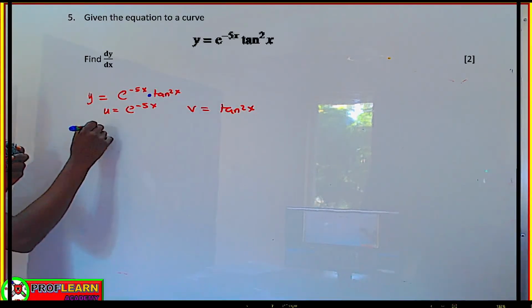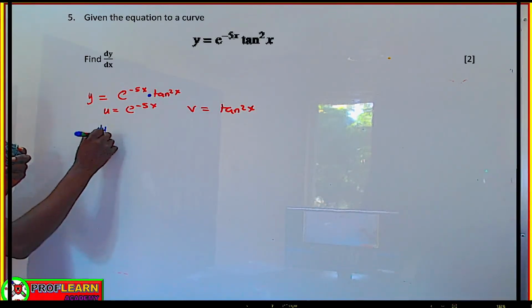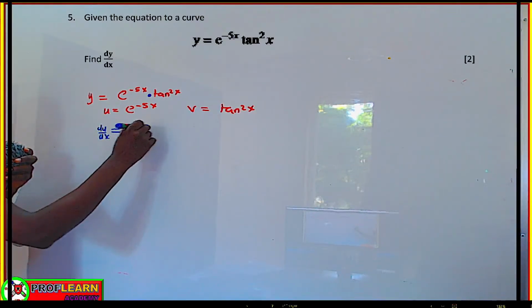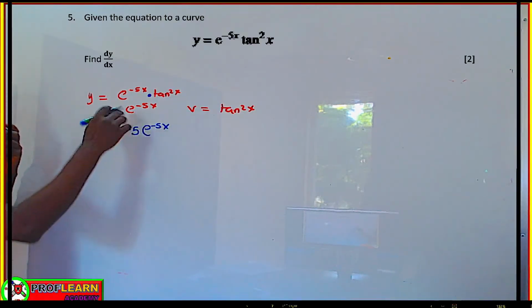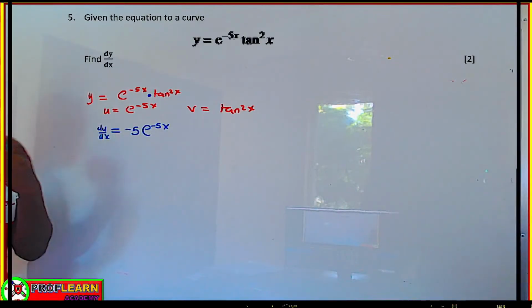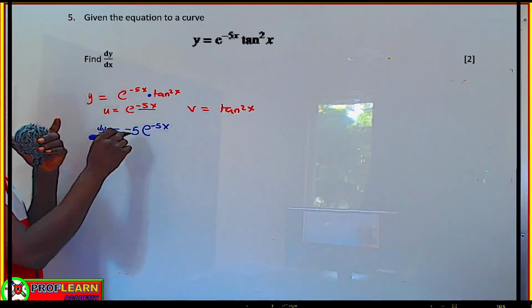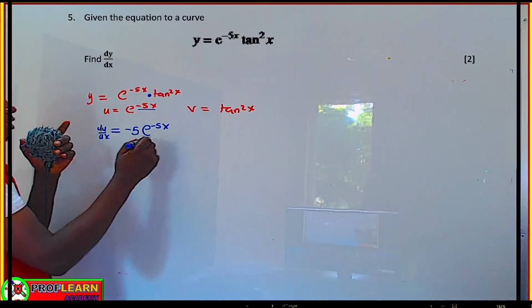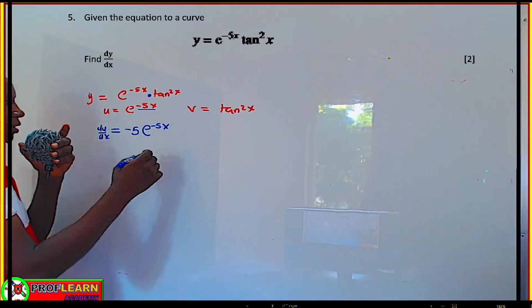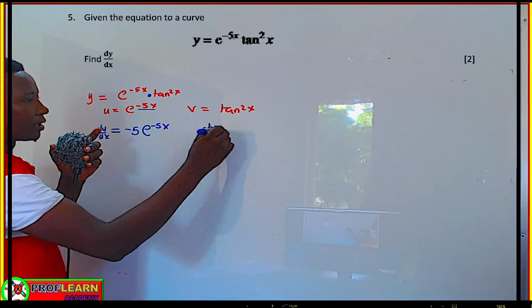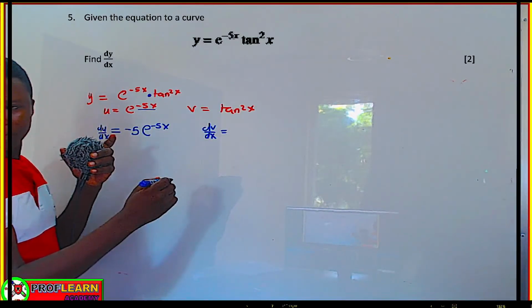So we are going to say our du dx is going to be negative 5 e to negative 5x. We said if you are differentiating an exponent, you differentiate the top, you bring it behind the exponent, and then you write the exponent the way it was given. Then we also have to find the dv dx, which is going to be equivalent to,